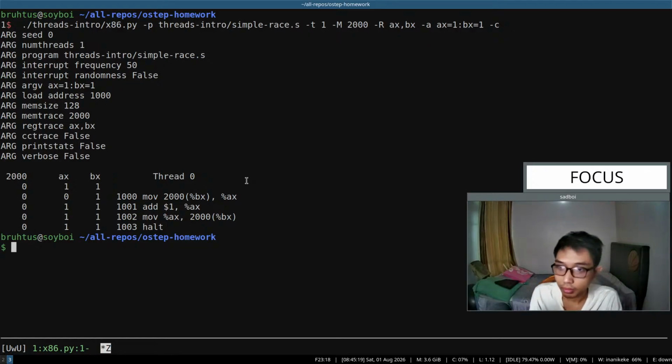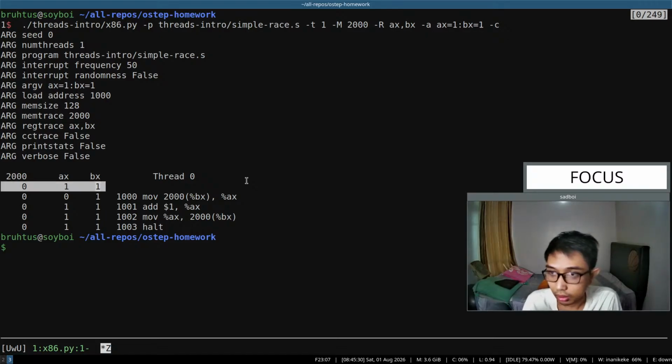Okay. Oh, interesting. The initial value here in the address 2000 is 0, and then initial value in register AX is 1, initial value in register PX is 1,